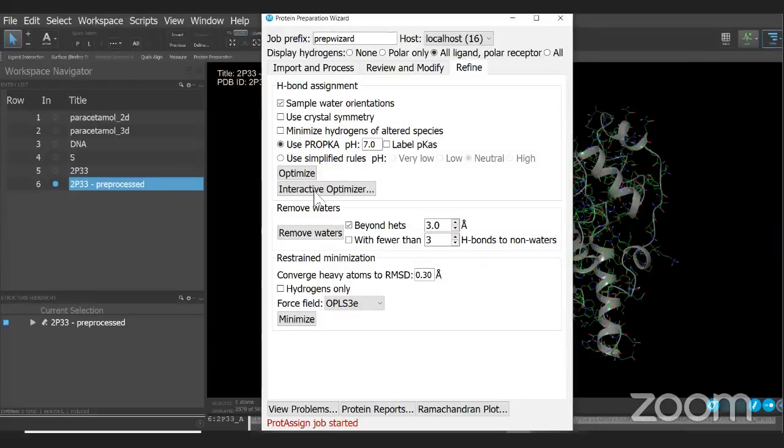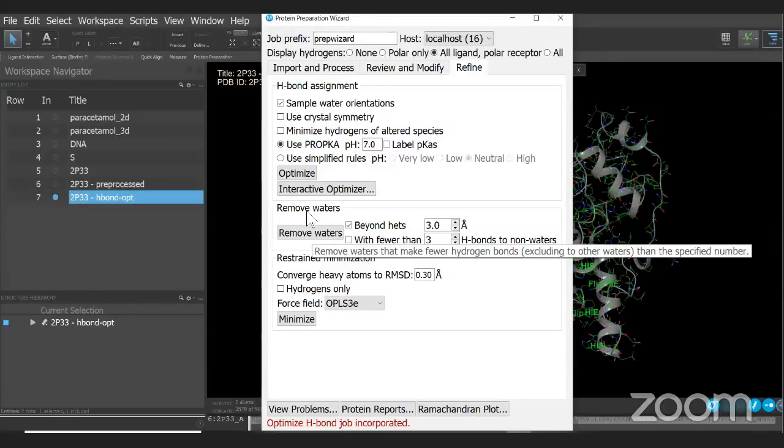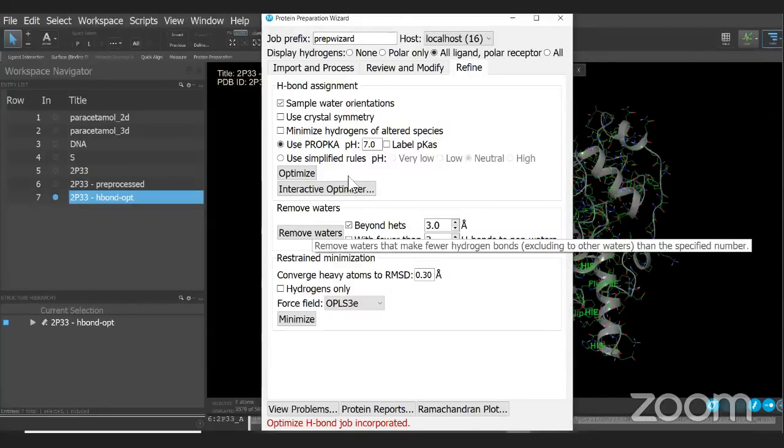While it is loading, I also want to go through the next options that you have here. You have the option of removing waters. We already did this step in the previous pre-processing step, but if you haven't done it in the pre-processing step, you can do it in the post-processing step. So the post-processing step is